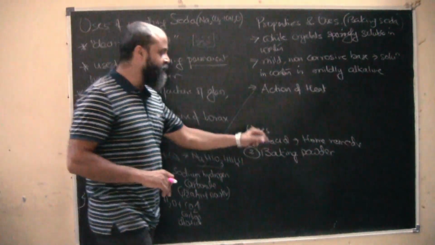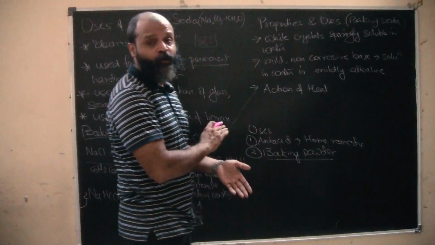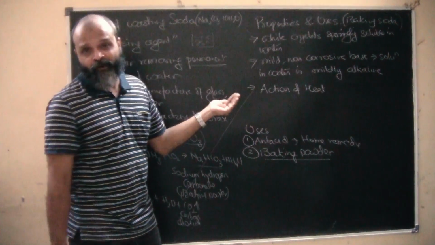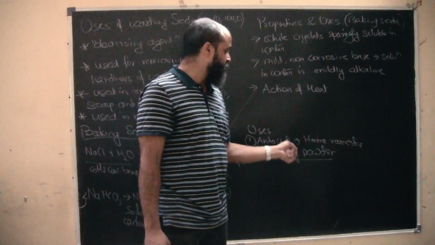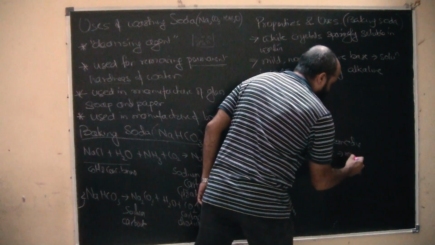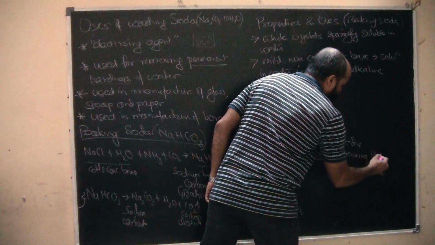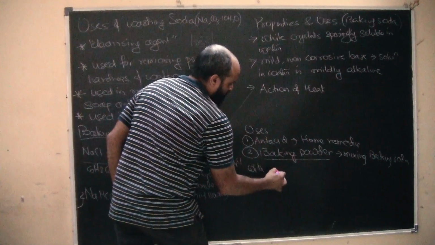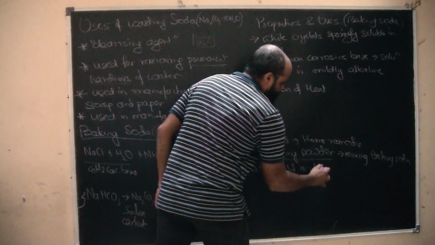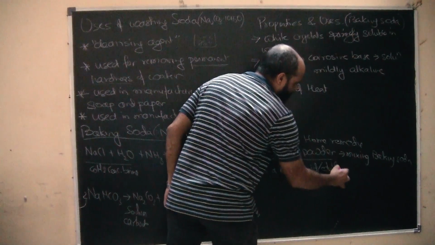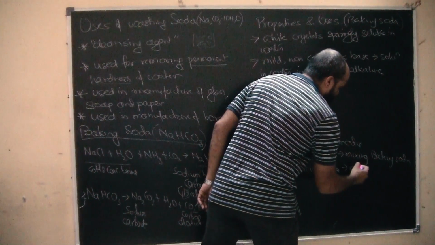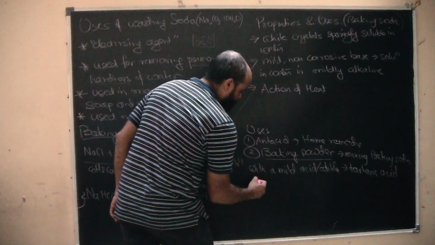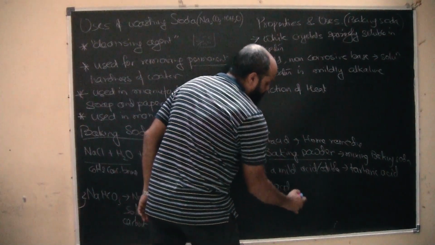Now baking powder is a little different from baking soda. We have to understand this. It might be asked in simple MCQs whether baking powder and baking soda are the same. No, they are not the same. Baking powder is prepared by mixing baking soda with a mild acid which should be edible as well. Edible means which can be consumed as food. Mild and edible acids such as tartaric acid or citric acid are used.